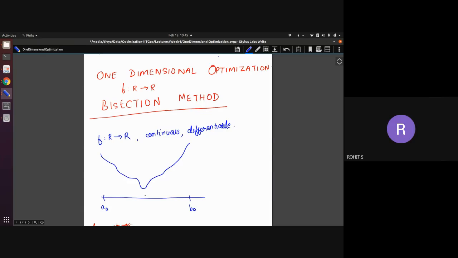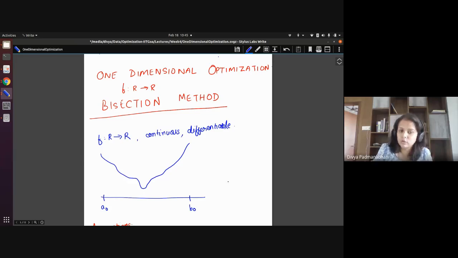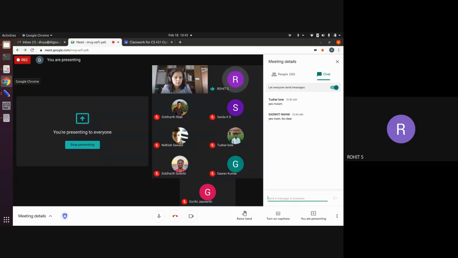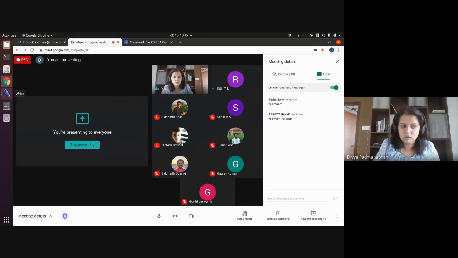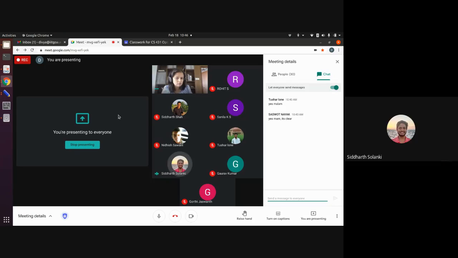Anyone? We know the bisection method, sort of. So dividing the interval repeatedly. Okay, so you have learned it already? In a programming class, sort of. Yes, ma'am. So Rohit knows. What about the others? Have you seen the bisection method? Yes, ma'am, we saw it in the numerical course. Okay, you've all done it.